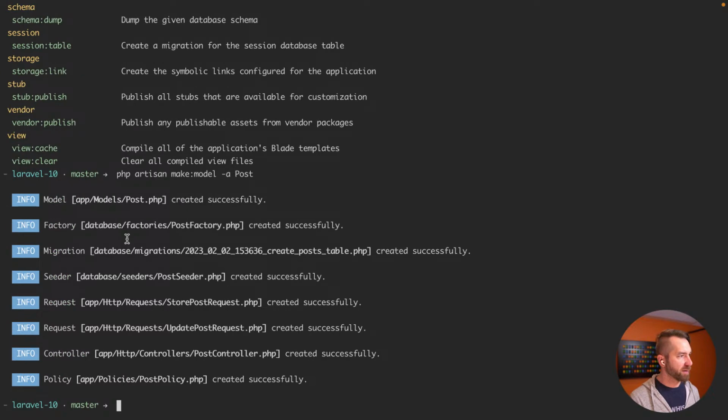So it makes a model, a factory, a seeder, a request. Wow, look at that. The controller, policies, great. Okay, so what else can we make? We can make a PHP artisan make